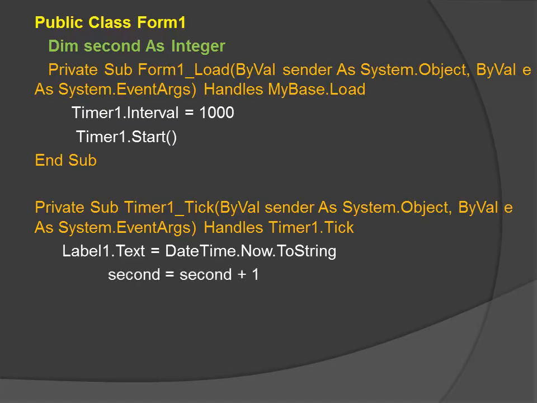This time we have second equals second plus 1, meaning as it ticks, it adds 1 to every second, and once it reaches 10, then the timer